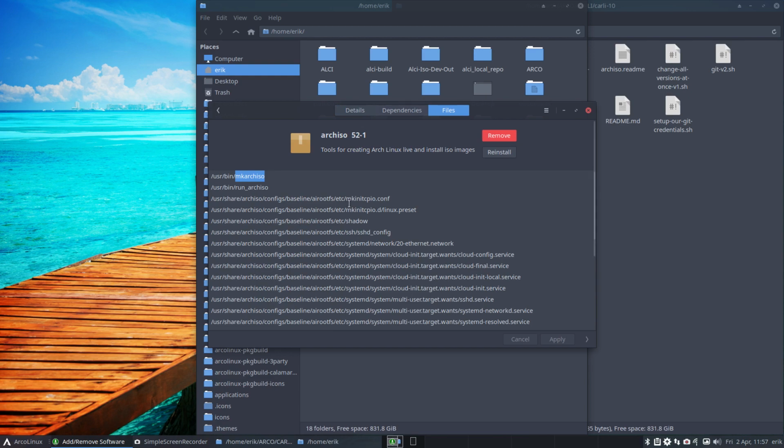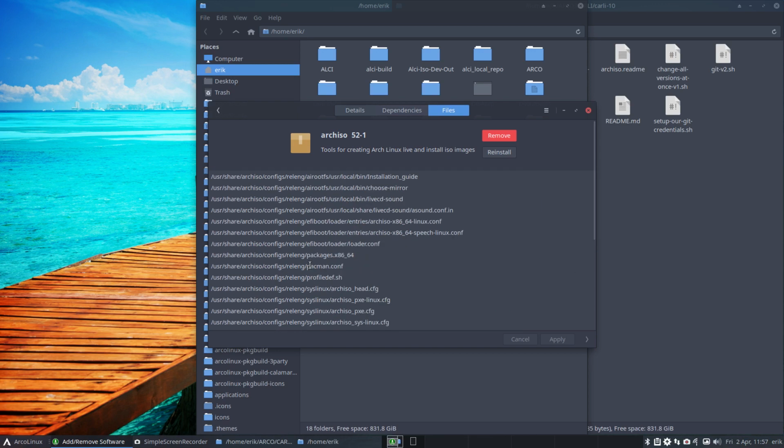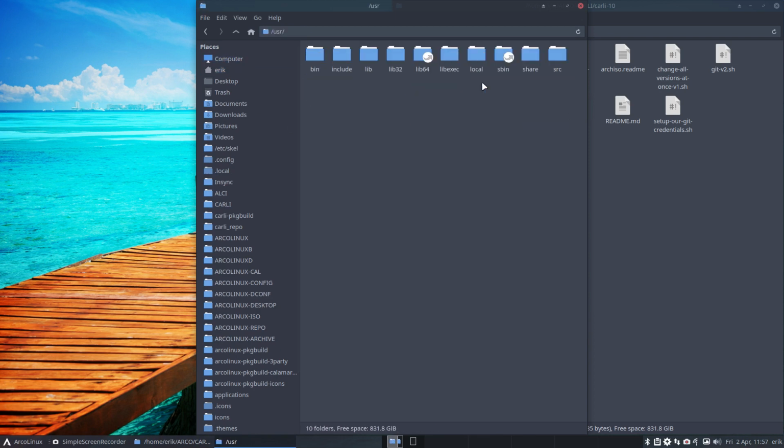Make Archiso. What we're going to do is not go and look at the baseline. We're going to look at a folder called releng. /usr/share/archiso/configs/releng. But if you've been working on this as long as I have, you know immediately by heart, okay, file system, usr, share,